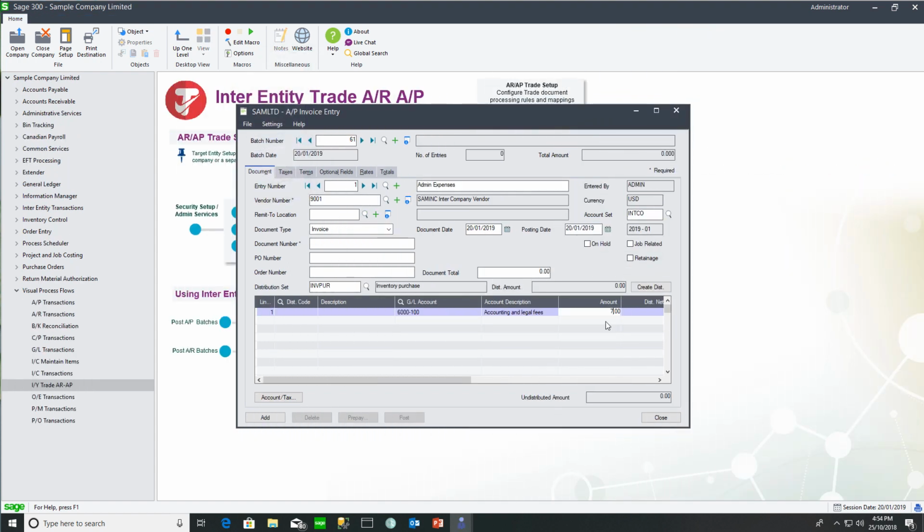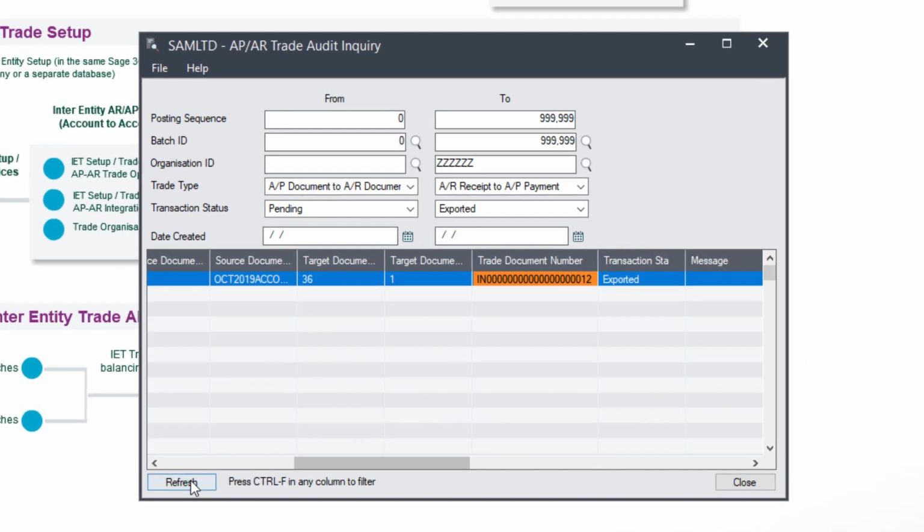But back in our source company, if we record another invoice, but this time we select an account which has not been mapped, we'd get the same effect as if we posted an invoice to a locked period or for a customer that was inactive or did not exist. So we've used account 6100. When we go ahead and post that and we check what happened in our audit trail,